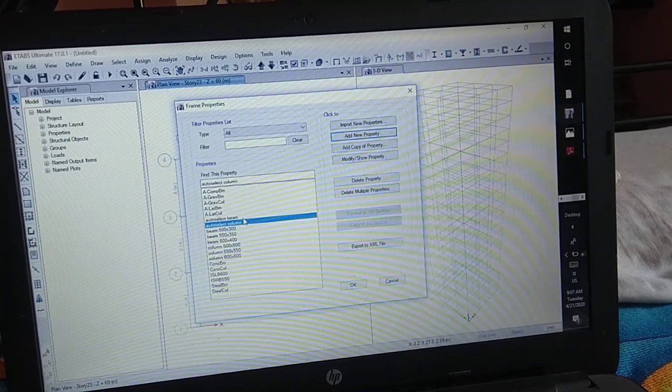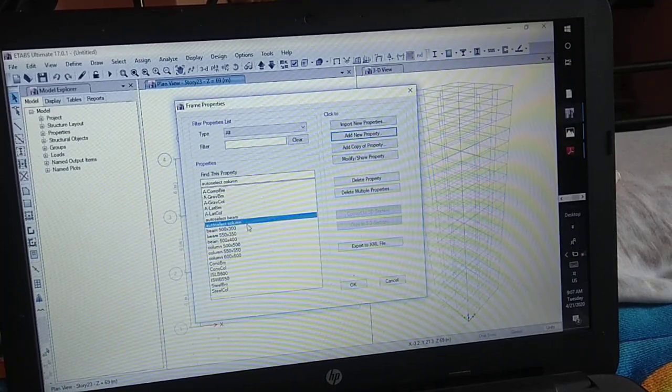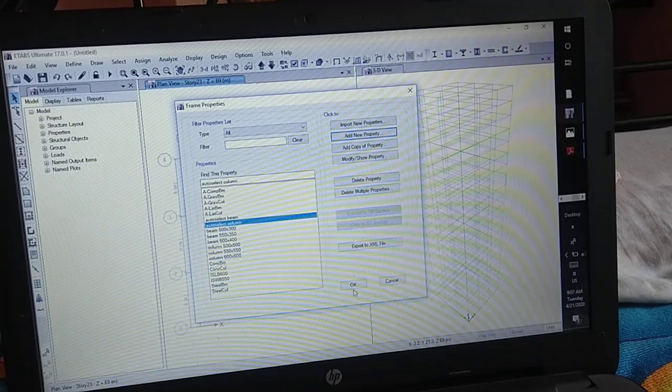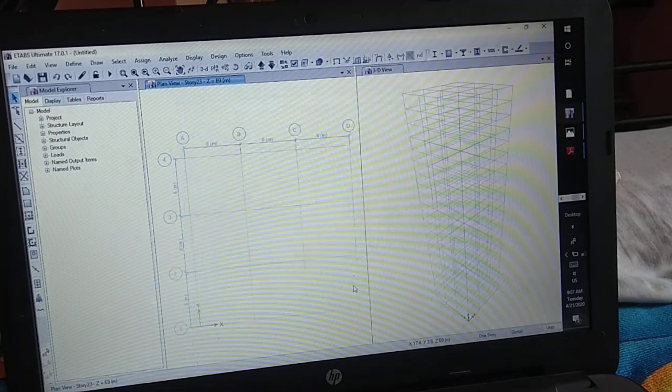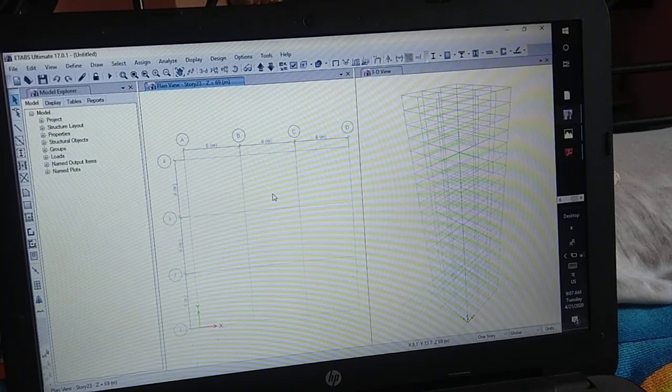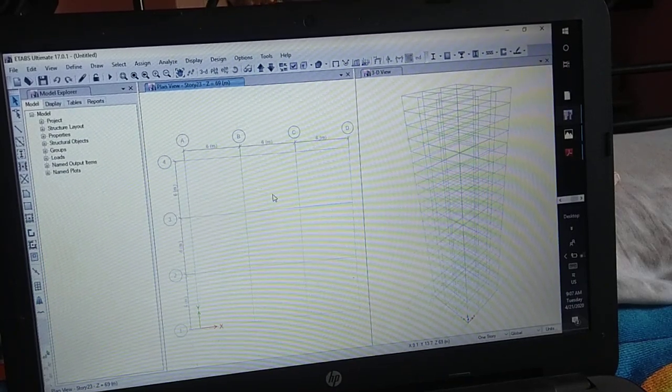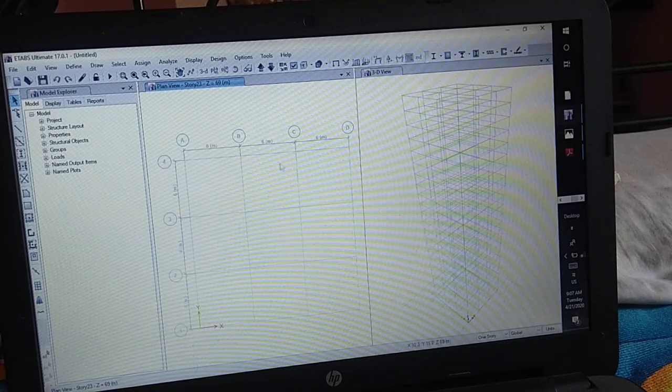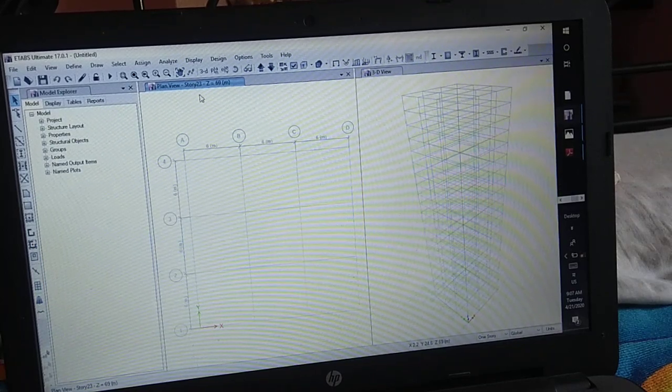So we have auto selected beam and auto selected column. So click on OK to exit. Then we are going to draw the beams by auto select beam and columns by auto select column.